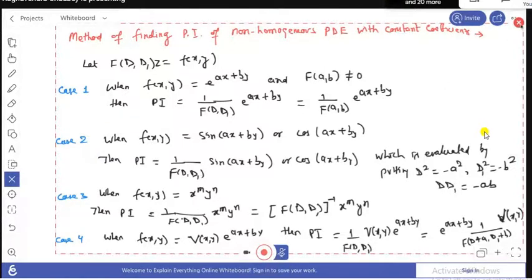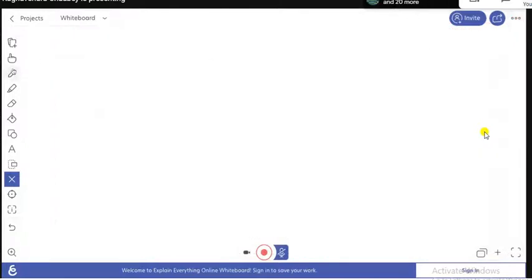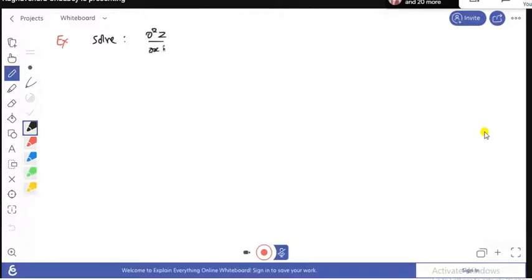Okay. So next page. If we solve del 2z over del x square plus 5 del 2z over del x del y plus 6 del 2z over del y square, and suppose this equals y minus 2x. Okay, so